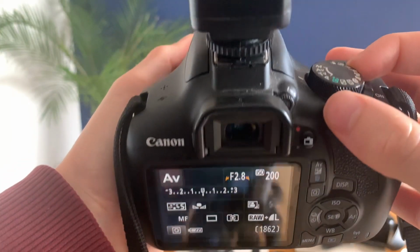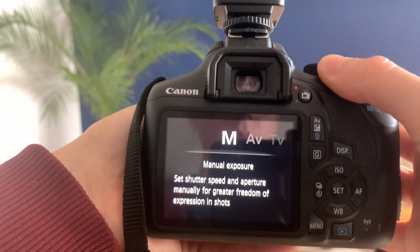So I've talked about those two different modes of shooting, which give the camera some say in how that image is exposed. There's one final way that I'd like to talk about, and that is manual mode, which again is right at the top of the dial, normally under an M. This gives you full control over both the shutter speed and the aperture, but you have to know how to balance that image. It does take a few images under new lighting to work out what the correct balance is. The reason that's important is that once you add additional lighting sources, such as a flash gun, which I'll talk about later,